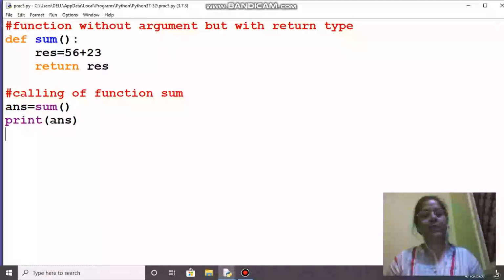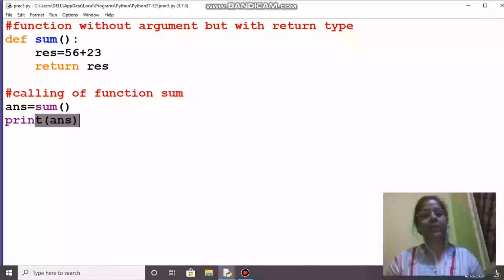Once again I'll repeat: execution starts from the right side and the final returned value will be stored in the left hand side. So addition of 56 plus 23, 79 will be stored in ANS and then we are printing.